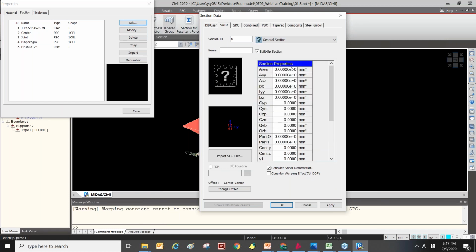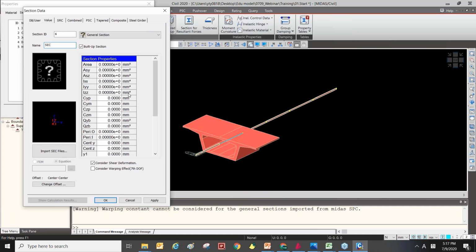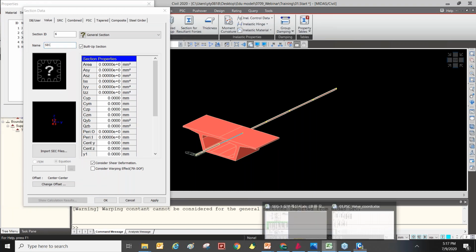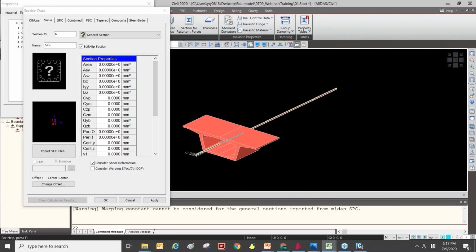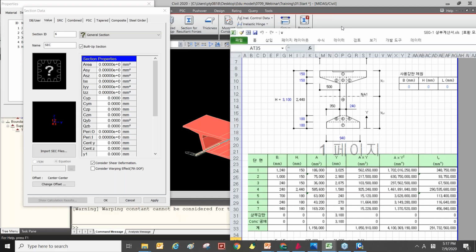You can also input the section property directly. So when you do not want the section shape, only the section properties, you can just input the section properties for your analysis like this.